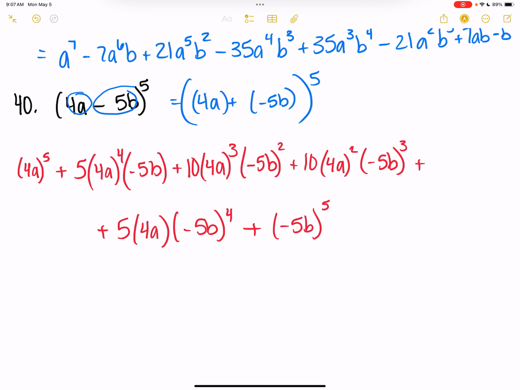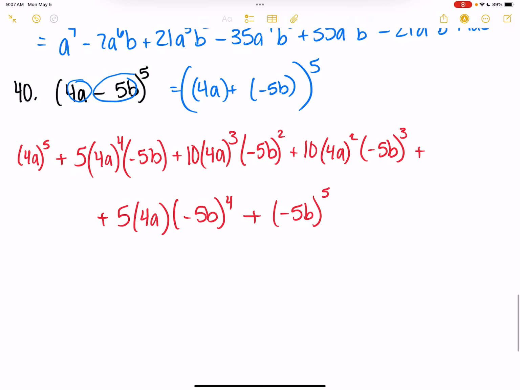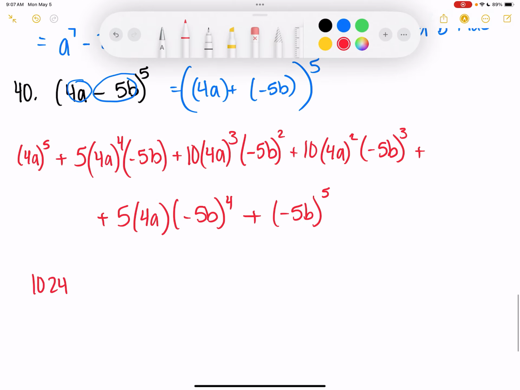But not only do I have 5 squared, I also have that multiplied times 4 cubed, and I have it multiplied by 10. So I'm probably just going to want to use my calculator to find that number just to make my life easier. I don't know what 4 to the fifth power is off the top of my head, so I'm going to do 4 to the fifth, and that is 1,024 a to the fifth,